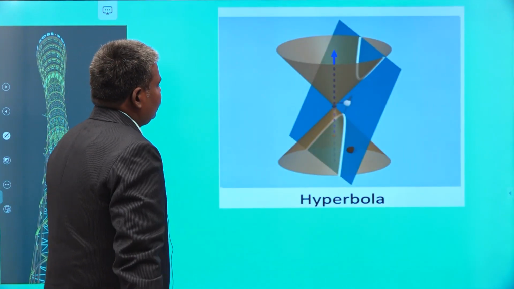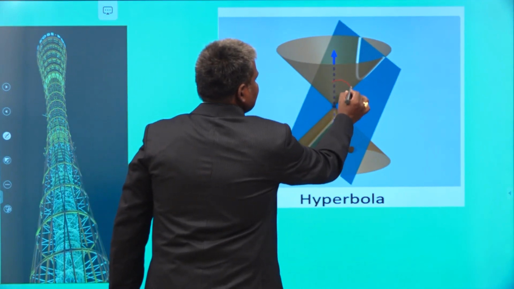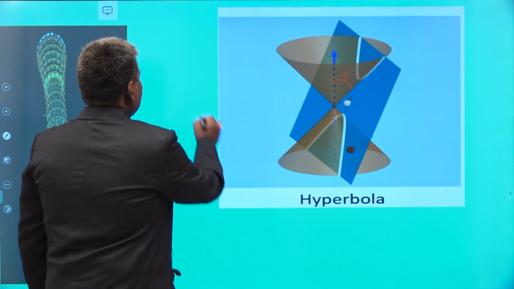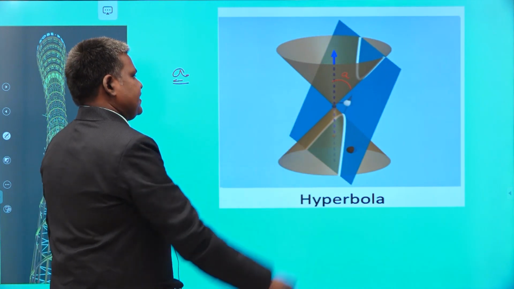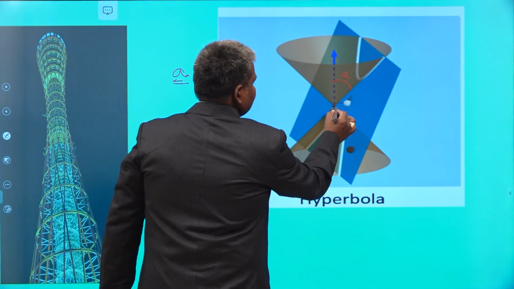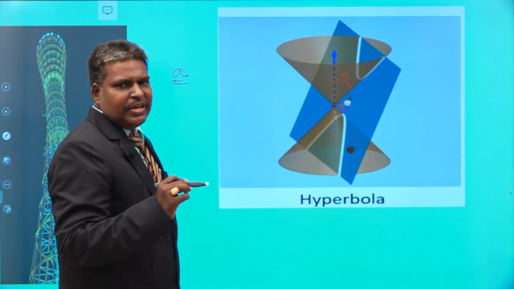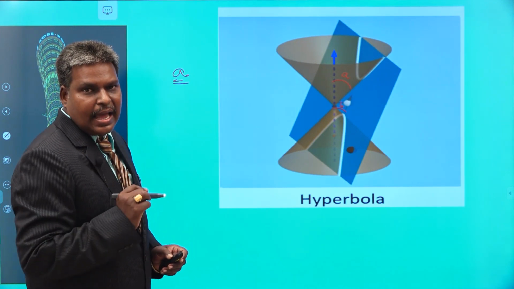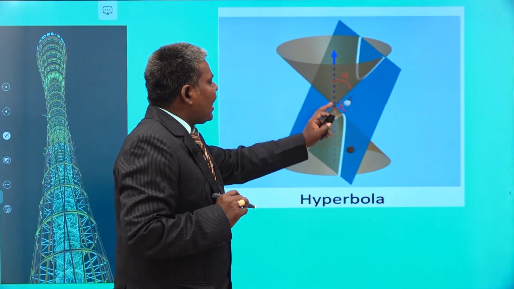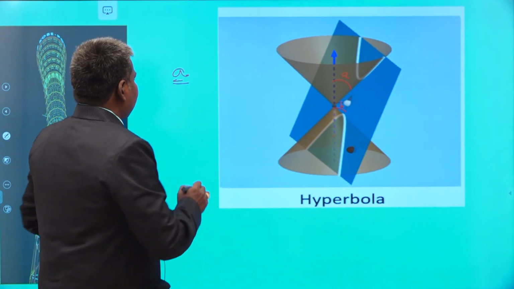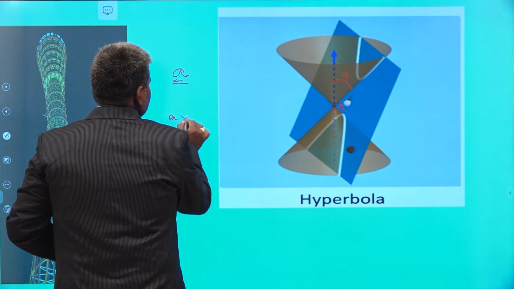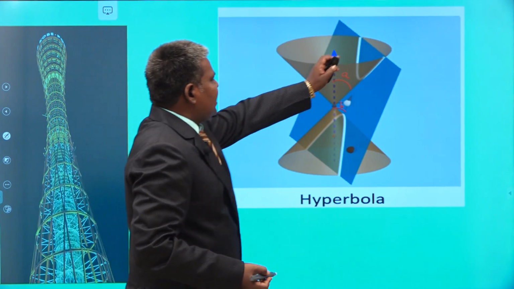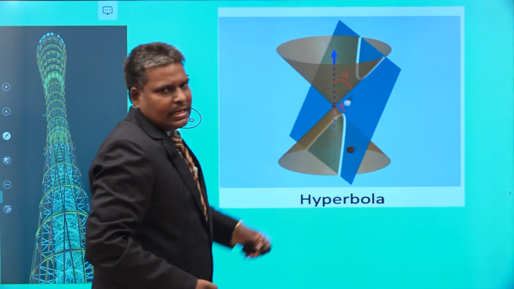This is also one of the important cases. Clearly this is angle A, the angle made by the axis with the generator. This is angle A. This is fixed when the cone is fixed. What is angle B here? This is B. B is the angle between the plane and your vertical axis. If your B is a smaller value, that means A is greater than B, whereas in the previous case A was less than B, then your plane cuts the two parts of your right circular cone.